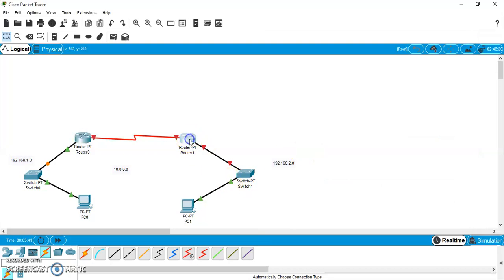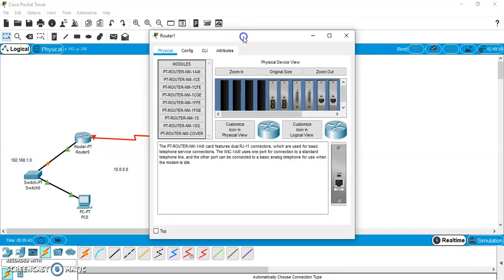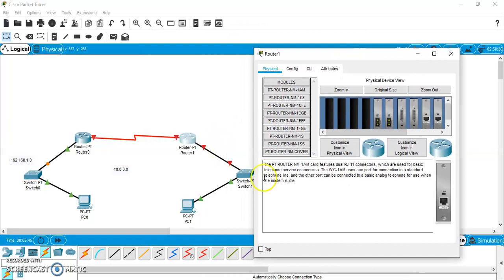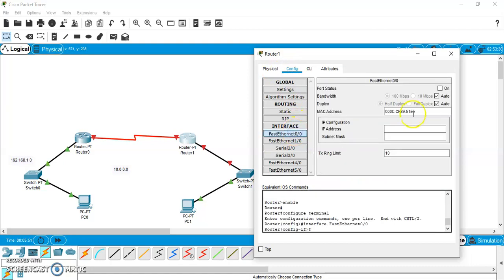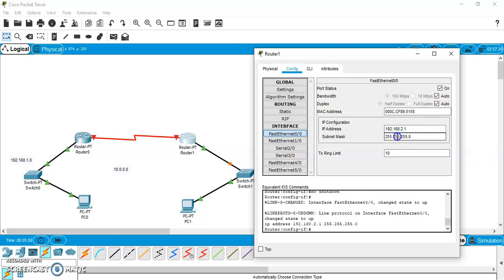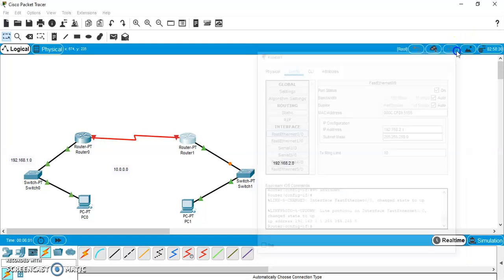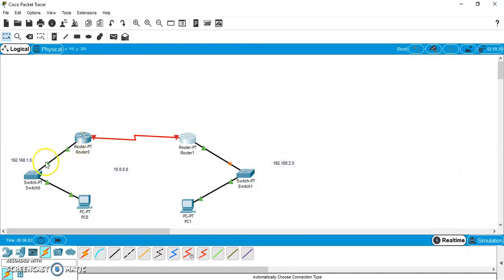Regarding this router, again it is connected to a switch, so we'll focus on the Ethernet part. Again it will be on, and the IP address should be the default gateway, that is 192.168.2.1, and finally the subnet mask. Now we have configured this part and it has turned green, that is, it is on now.